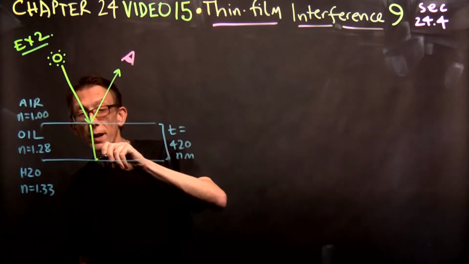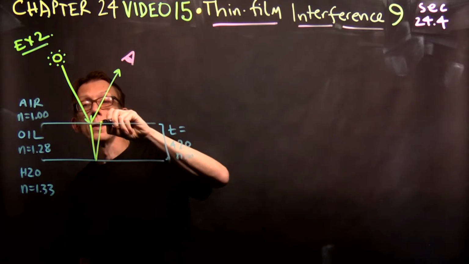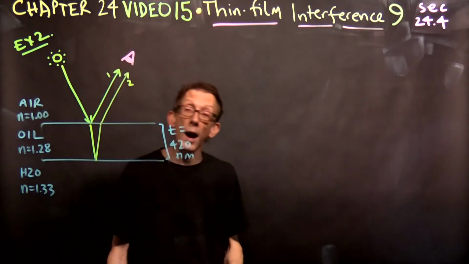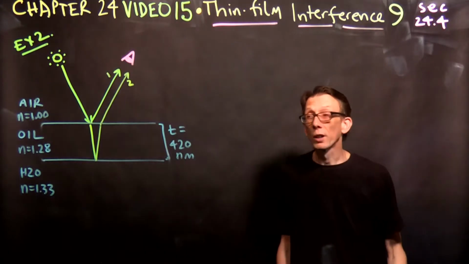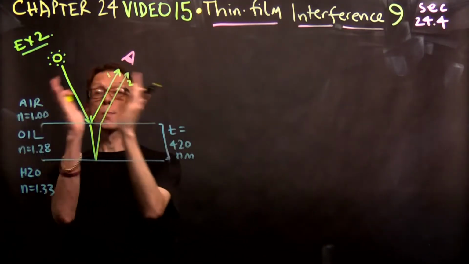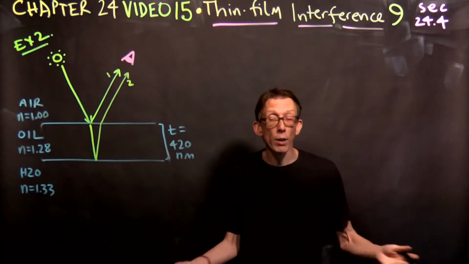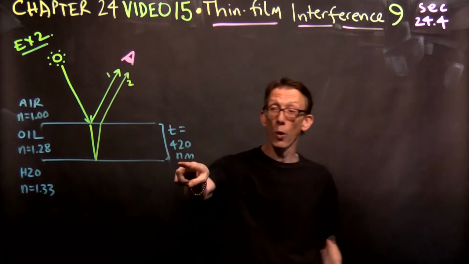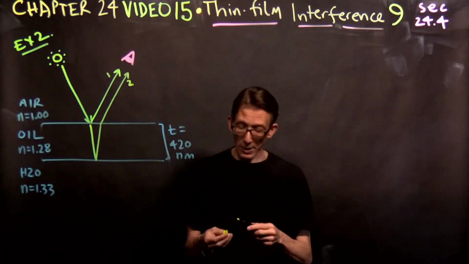We're going to get a second reflection now off of the water layer, and then we're going to have ray 2. So we have 2 rays entering our eye, combining on our retina, adding up either constructively or destructively. So this is the sun, this is white light. Again, all these angles are very small. So the path length difference delta is 2t, as it's been all along. And we have to answer the question. Well, we know the thickness of the oil, 420 nanometers. And so the question is,